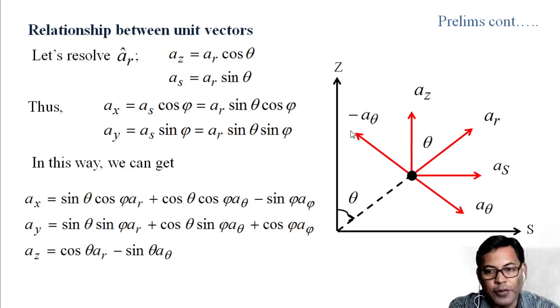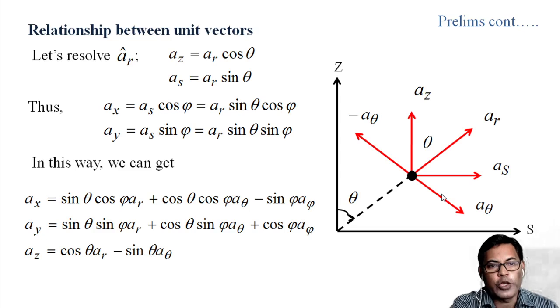Now we have drawn the unit vectors of s, that is a_s, parallel to s here, and the unit vector a_z of the z axis, that is parallel to the z axis here. Now you see that this is the line on which z and a_z are parallel. So if this is theta, then this angle will be theta. If this is theta, then a_z and a_s is 90 degrees. So this angle will be 90 minus theta, and a_r and a_theta will be 90 degrees.